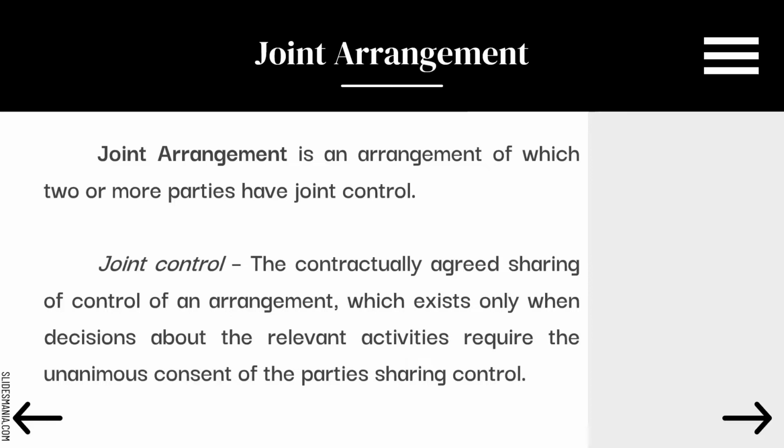So ano na ulit yung unanimous consent? Ito yung pinipigilan niya yung isang party na mag-act unilaterally or like magsolo siya. So ibig sabihin nun, may decision na papasukin yung arrangement, yung mga parties na yan, dapat sana lahat sila ay, hindi. In some instances, not necessarily na lahat sila ay magde-decide or kailangan ng approval sa decision. Later on, we will expound kung bakit hindi lahat ay need ng approval through some examples.